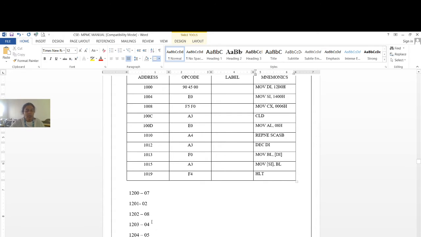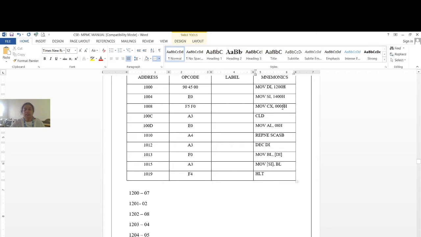How many numbers? Five numbers are stored in 1200 to 1204, so we have to make the count as 5. So this is MOV DI, 1200, MOV SI, 1400, MOV CX, 0005, clear direction flag.